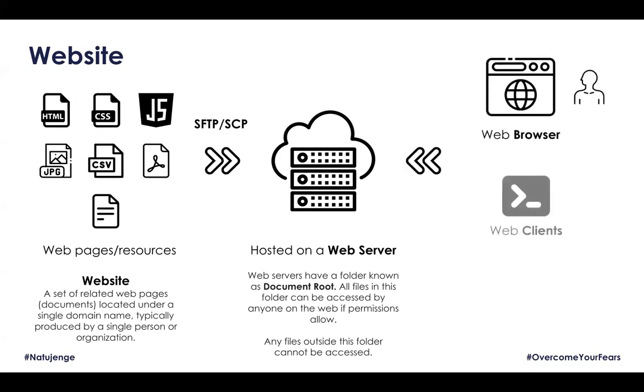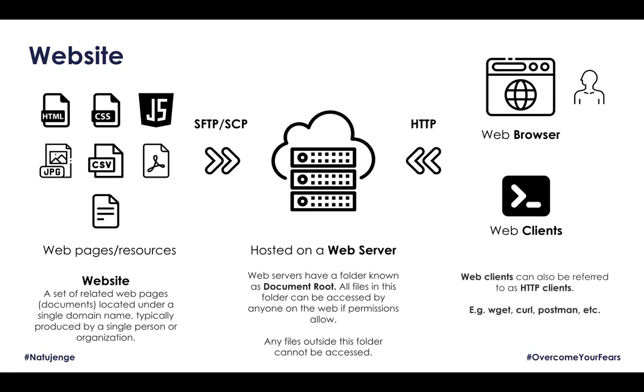So we talked about the web browser and the web clients. I think we had a chance to say that these things communicate to the server via HTTP. Basically, HTTP is the web pages. The basic thing within the web pages is the hypertext, the HTML files that come with the hypertext. So HTTP is the protocol of transferring those files. But in addition, HTTP is used to transfer even CSV, CSS, JS or JavaScript files, PDF, or any other file